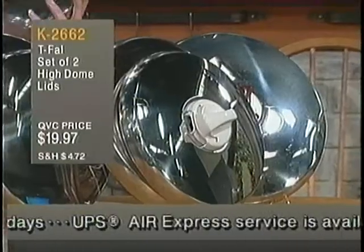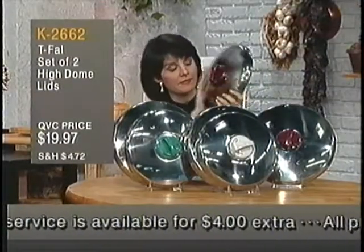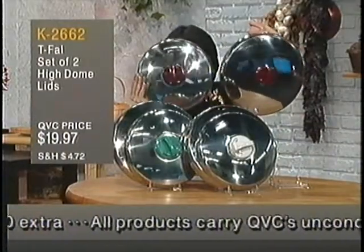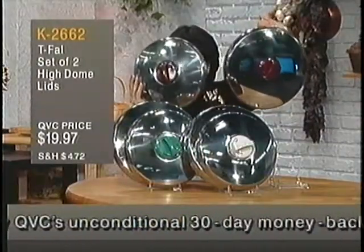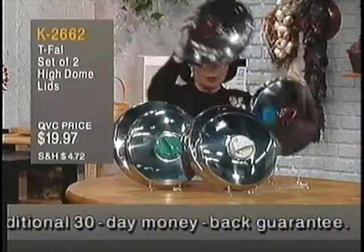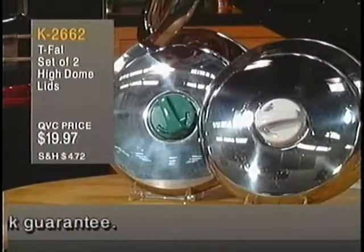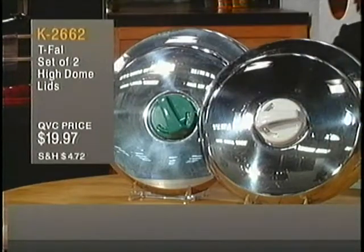This is the 10 1/4 inch size. And then here is the 11 1/2 inch. So you have 2 sizes. And this is the brick that you're seeing here as far as color is concerned. That's the teal. That's the teal. And that's the white. K2662,